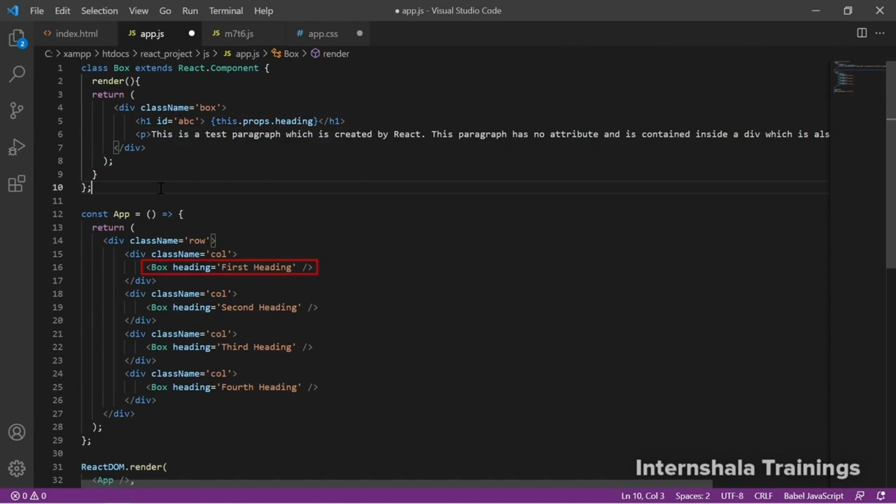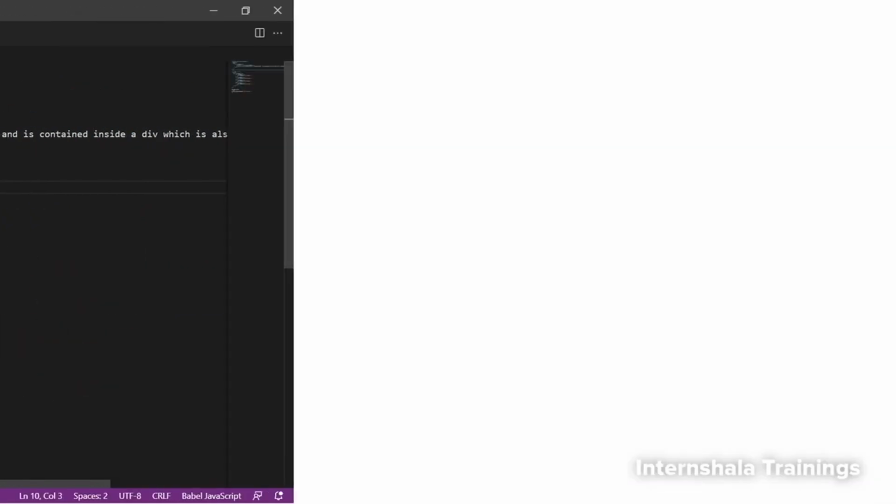Next, there is no change in the way we use or include the component, so we don't need to make any change here. The advantage of writing a component as a class component is that whenever in future we need to add a state, we can simply add it without having to make any change in the way we have defined our component. So, now that we have successfully changed the functional component to a class component,